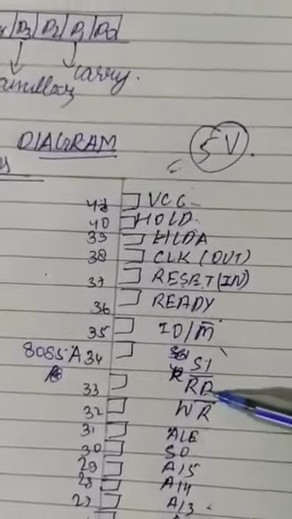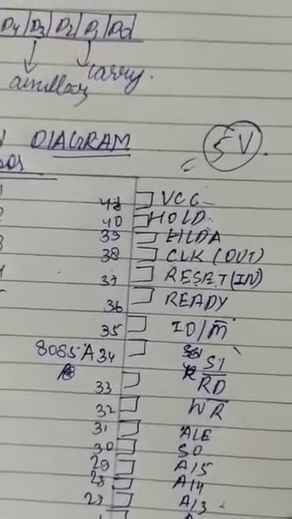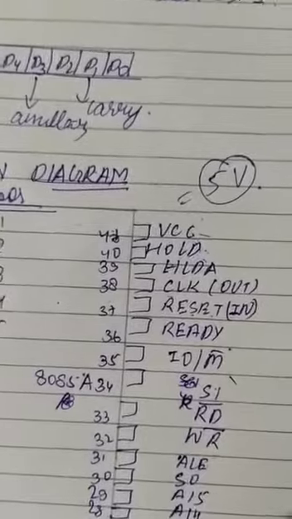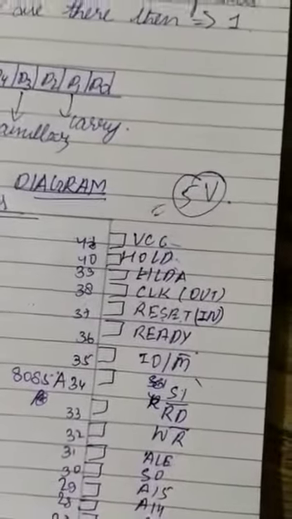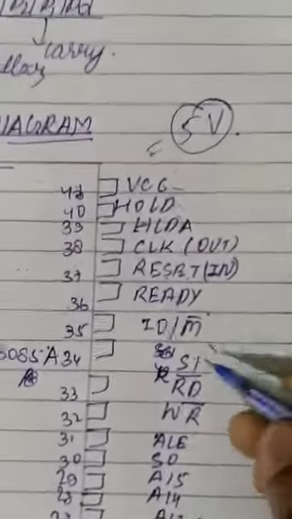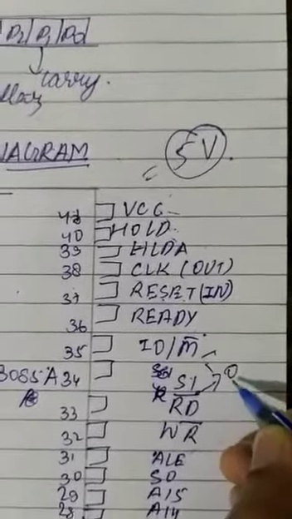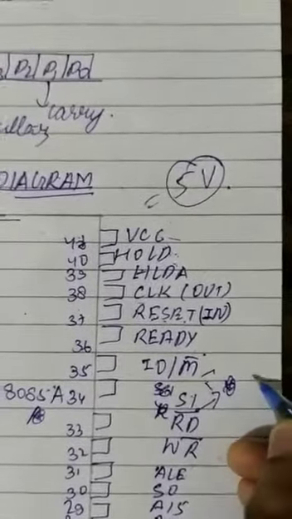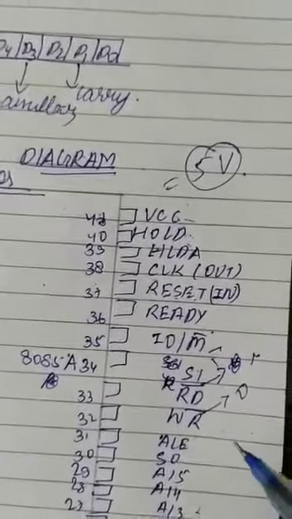So what is RD dash, WR dash? RD dash is for anything which is already written and stored inside the primary memory by the peripheral devices, and is read by the microprocessor. So the microprocessor reads it from the memory. Then read will be 0. Read will be 1 and write will be 0, because reading is being performed now.